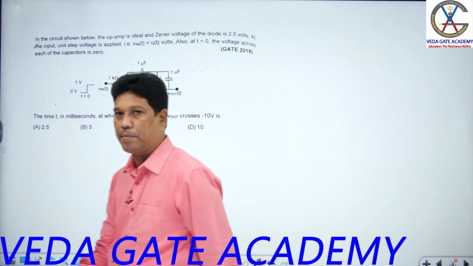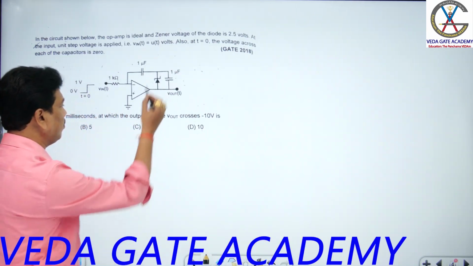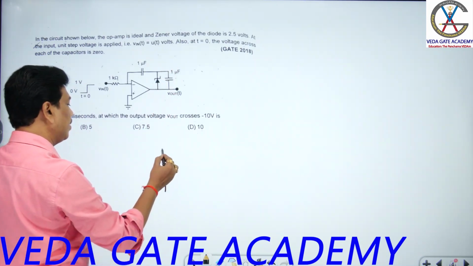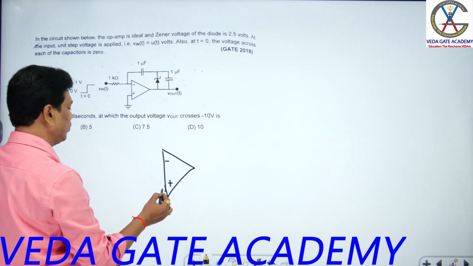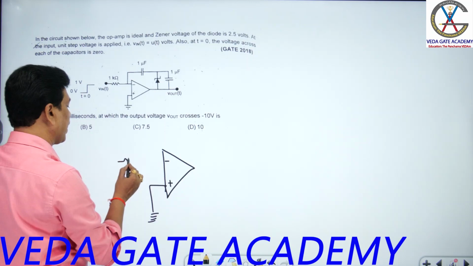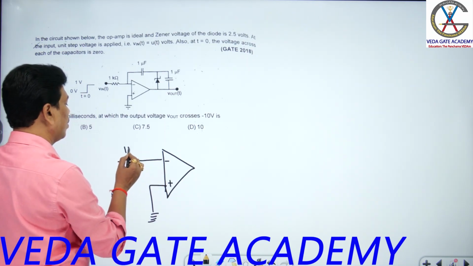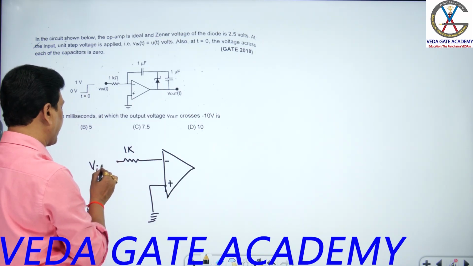Now I can examine this. Now I redraw the circuit diagram first, students. This one you can call. So he said that initially capacitors are empty, sir. This is the non-inverting node, students. So this is 1 kilo ohm there. So you can apply some step voltage, students. That amplitude is 1 volt. Now I write directly 1 volt there.